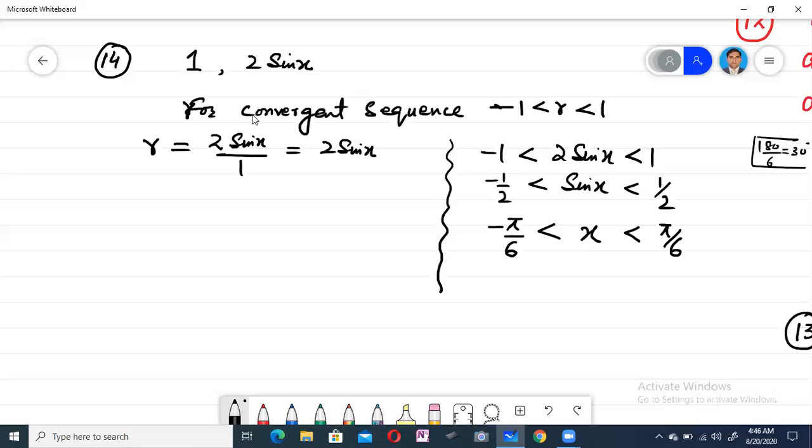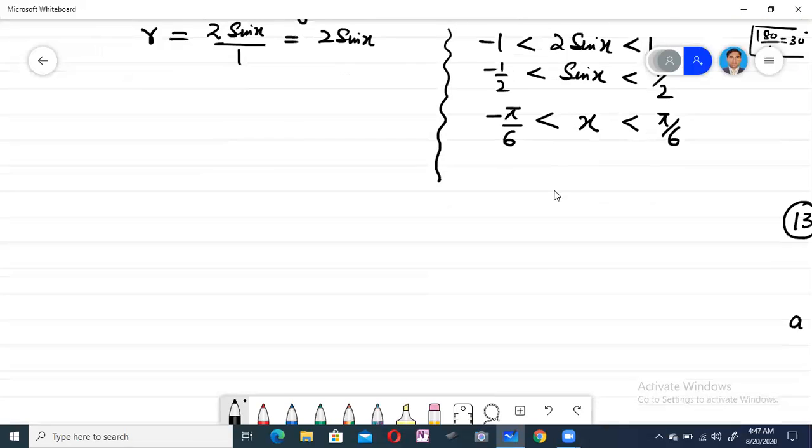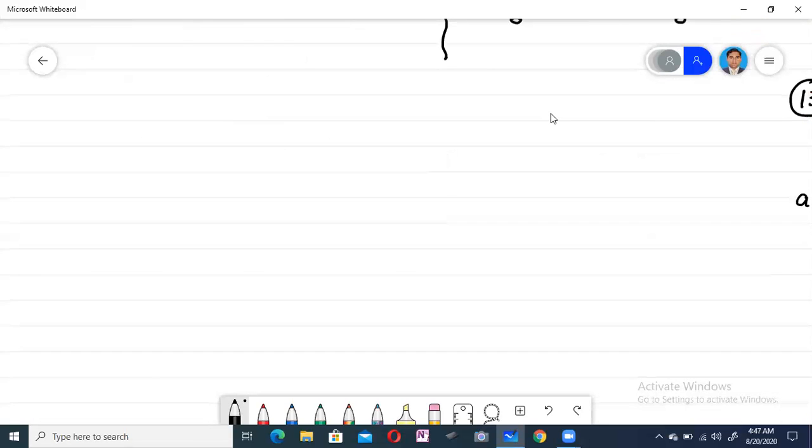This is the answer. Then the last question of this exercise is question number 15. Question number 15 is: a ball is dropped